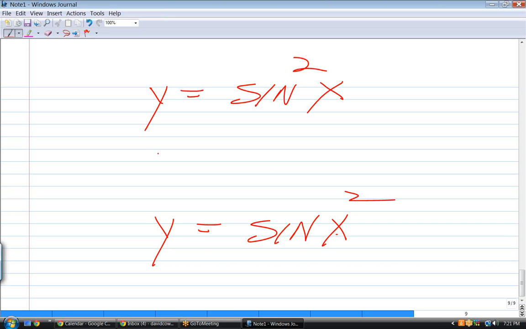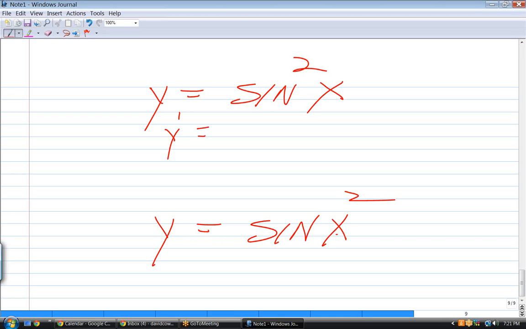Two different methods are needed to come up with these. First of all, these aren't the same thing. Sine squared of x is not the same as sine of x squared. This is sine x times sine x. This is sine of whatever x is, squared. Well, if I want to take the derivative of that,